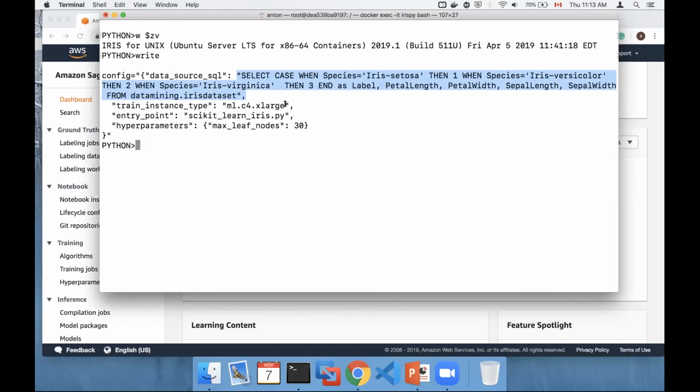Then I specify the type of the instance that I'll be using to train my model. In this case, it's a CPU intensive extra large instance, because it makes sense for that particular task. If we're doing something like deep learning with frameworks like TensorFlow, we'll be using GPU enabled instances, right? But the approach would be essentially the same.